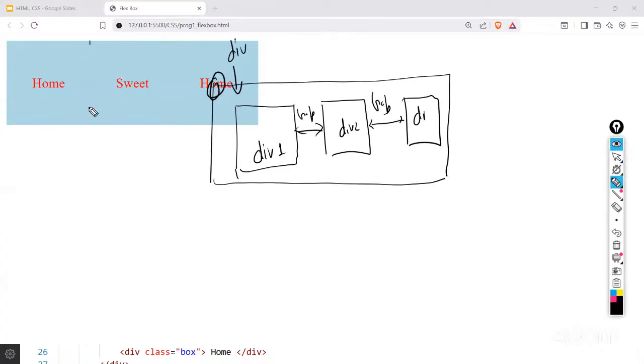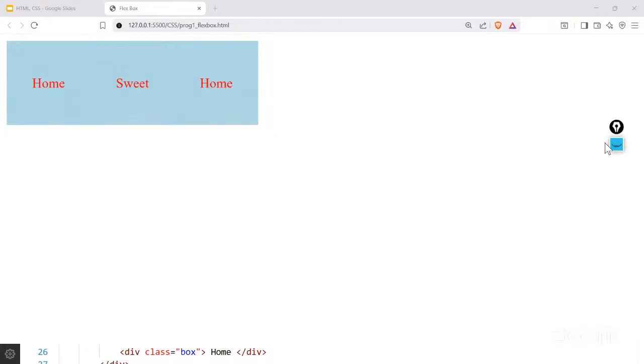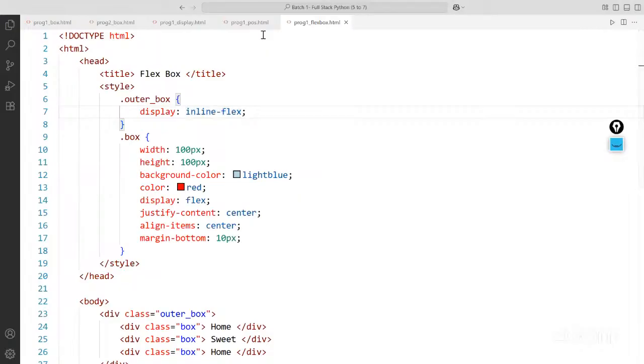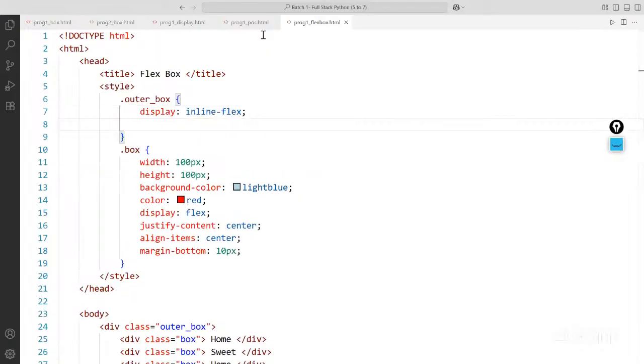Next, we want to give some gap here. First, you can do margin right, but that will not be good. So we have something called gap. So let's use this. Directly you want to put it here in the display? Yes, you can do it, but